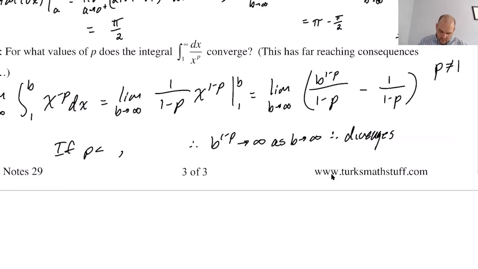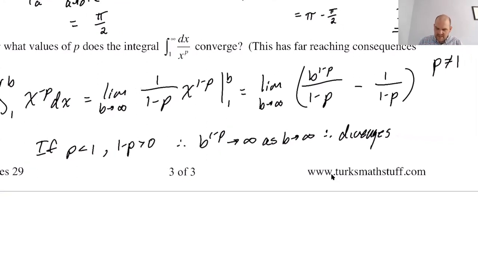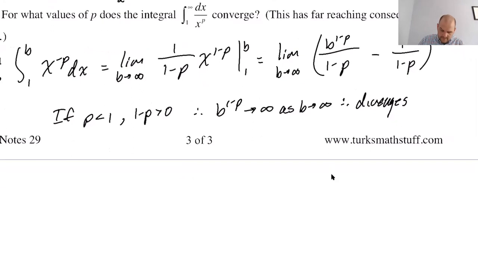So if p is less than 1, then 1 minus p is positive. So 1 minus p is greater than 0, which means that b stays in the numerator, right? It has a positive exponent. So the logic still holds true. So if p is less than 1, it diverges. If p is greater than 1,